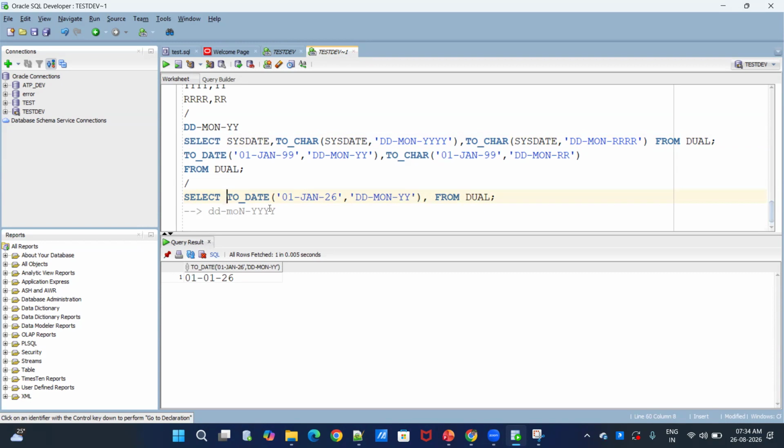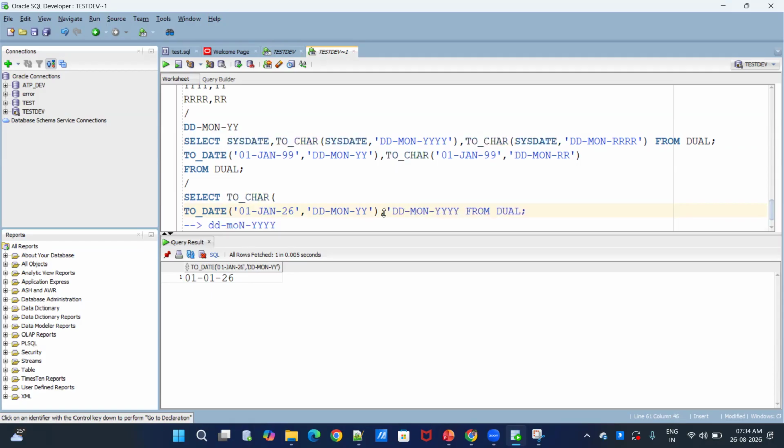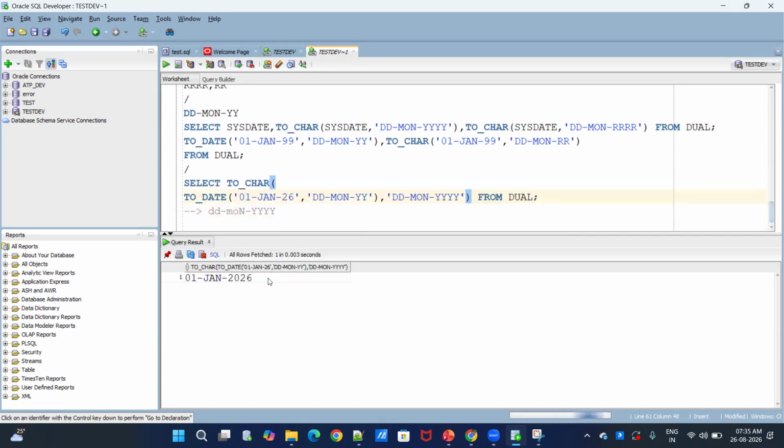In order to see the 4 Ys, again we need to convert this date using toChar, and we are giving the format here. The syntax is toChar of some date and a date format, right? Up to here we are getting this date, and again we are converting it into a date format DD, MON, YYYY. So what is the value we are getting? 2026 we will get. Whereas if we use the RR here,